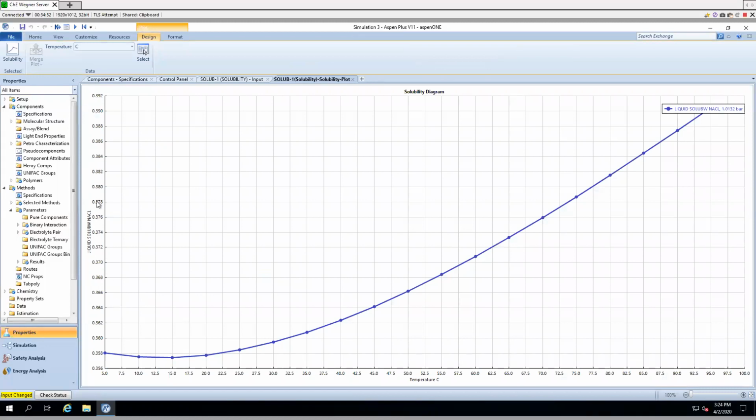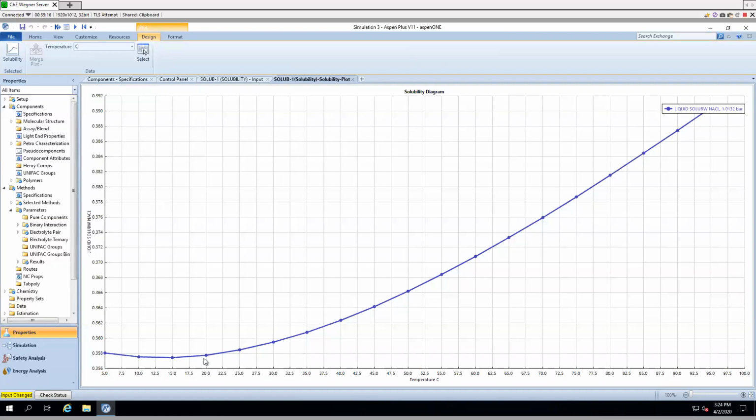This is measured, by the way, in either kilograms per liter or grams per milliliter, the unit conversion. This is what this is. We were operating at 20 C, right? You see the bottom here, it's in Celsius. And that's exactly what we had for an answer. It was 0.358. If we go back to our simulation, we'd see this was the solubility that Aspen found and